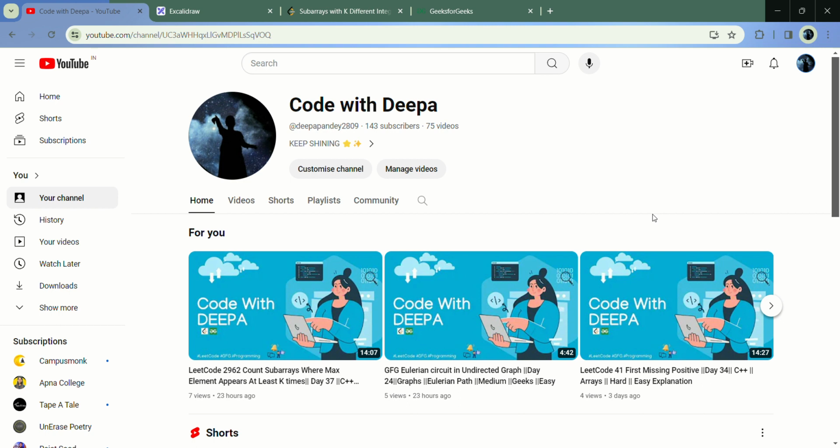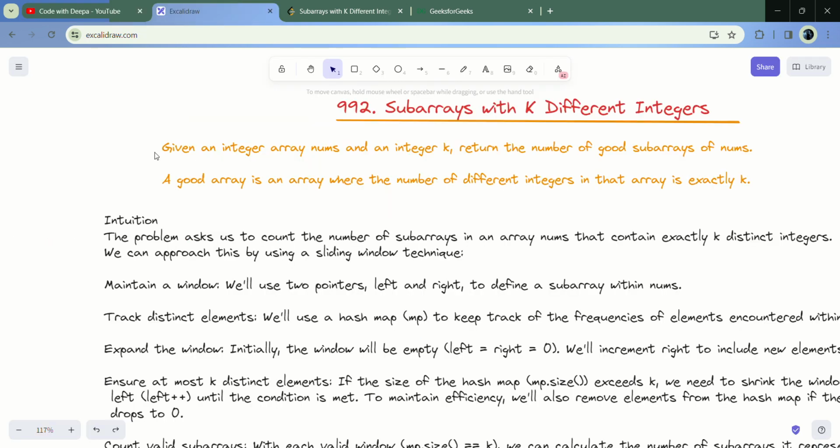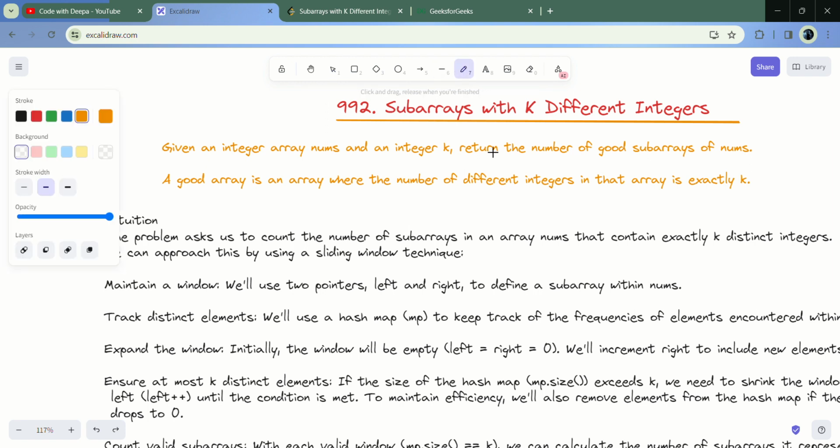So today is day 38 of solving daily problems on LeetCode. Let us see what today's problem is. It is problem number 992, and the problem says to calculate the subarrays with k different integers. From the last 3 days we have been having problems which are related to subarrays and which are part of arrays only. So in this question it is given that we are given